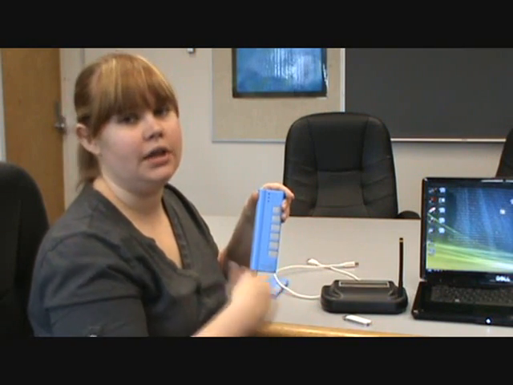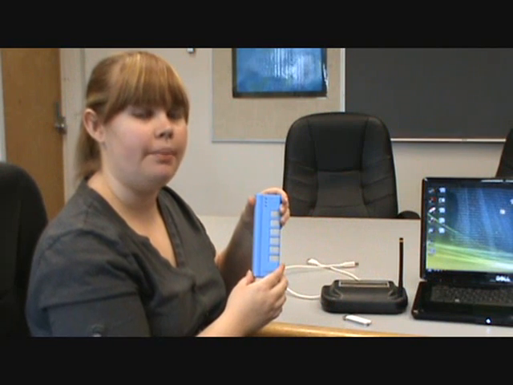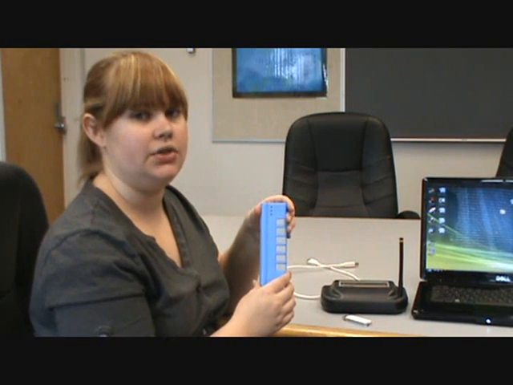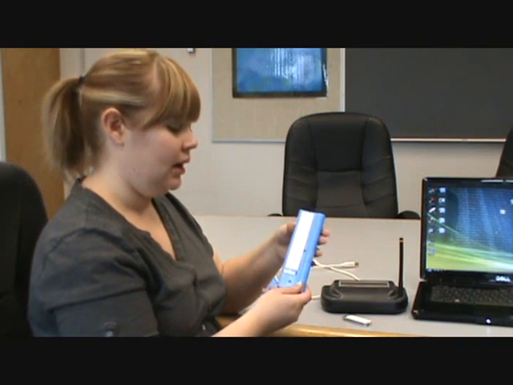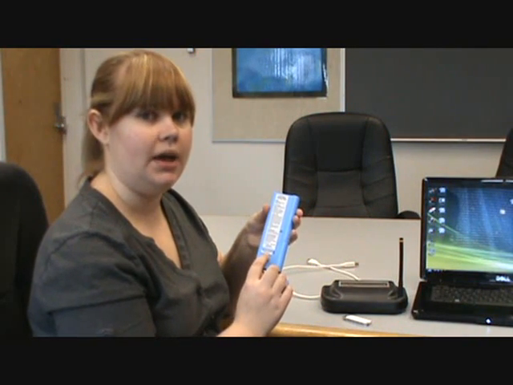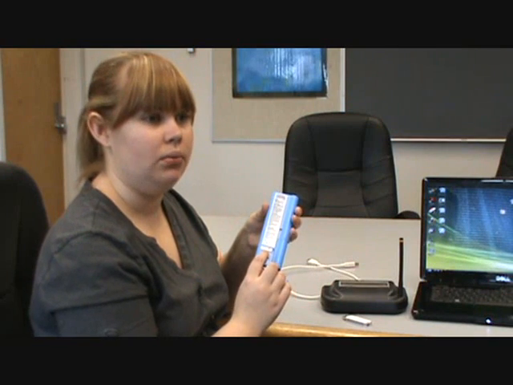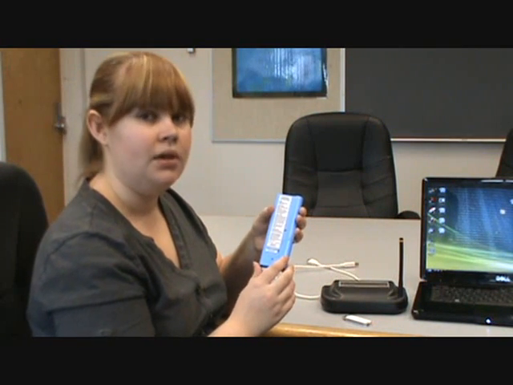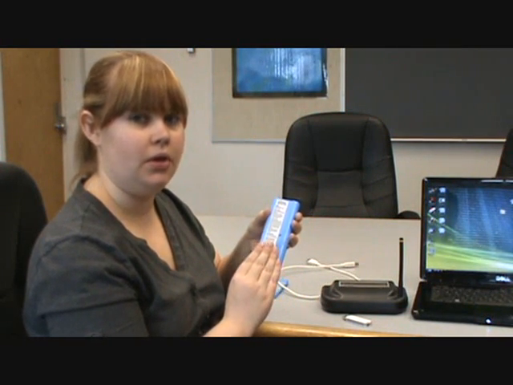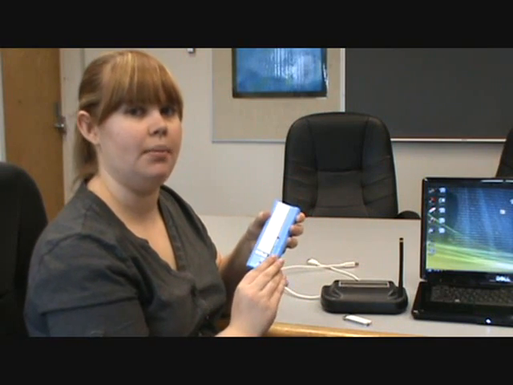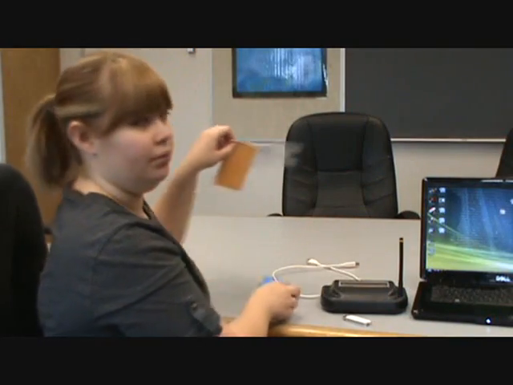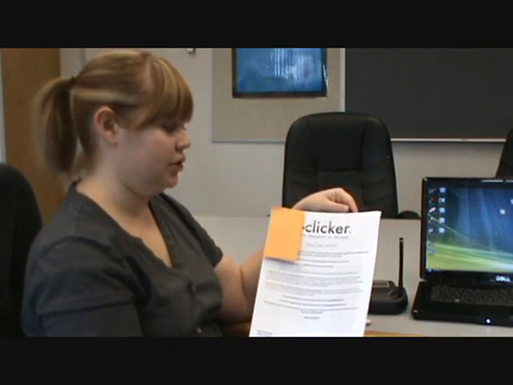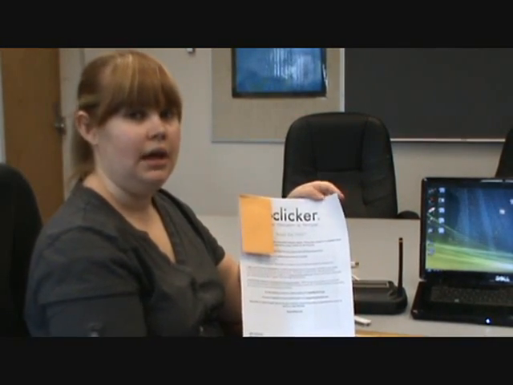For use by the instructor, they can be used to go back and forth in a PowerPoint or other types of presentation software if you use that to do your questions with iClicker. And then right here on the back is the remote ID. This remote ID will rub off very, very easily, so you might want to put a piece of tape or something over that just to protect it so that it doesn't rub off, so that you can use the remote. And you also receive a set of instructions, and it just walks you through how to install and set everything